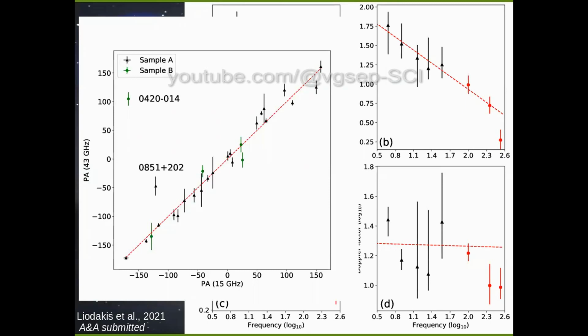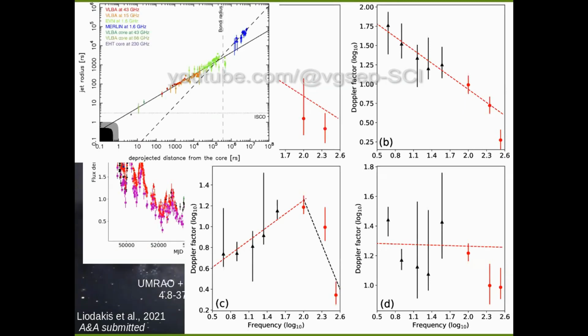But what is more interesting is that when you look at the high frequencies, you see that the source is accelerating. So that was peculiar, of course, but if you really think about it, if you go back to this transition jet model, then it could be that the inner jet is in a parabolic shape, so it's accelerating, and then after it transitions to conical at around 100 gigahertz, then it loses steam and starts decelerating. This was our preferred interpretation,